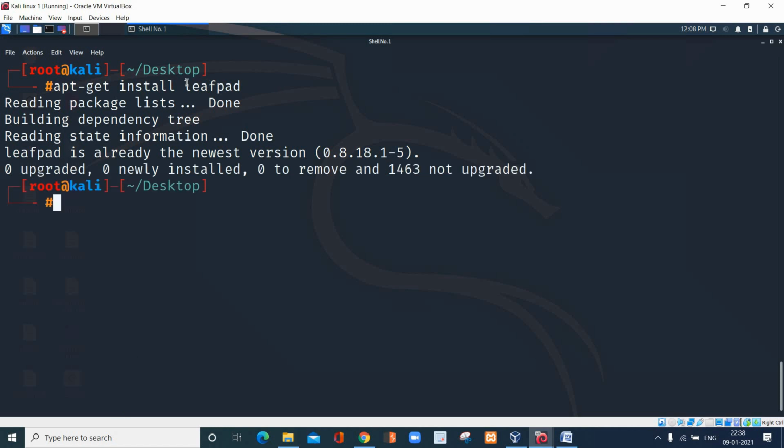Leafpad is a text editor. It works like plain text software and creates a Notepad-like environment in Linux. Okay, and next,